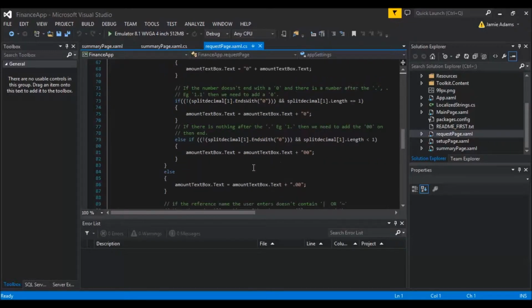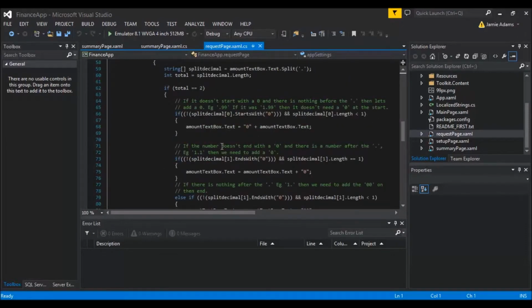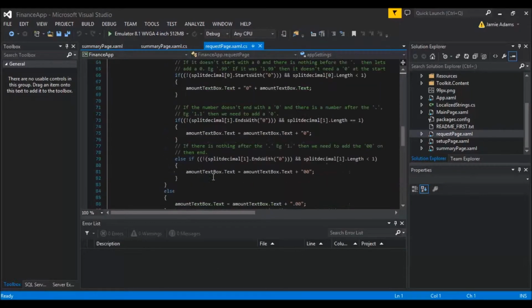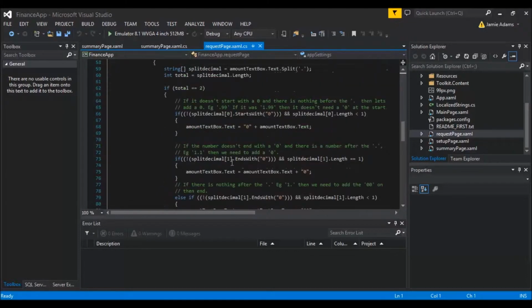So the bit of code that I did have in here originally is gone, because basically it sucked. It turned out it sucked because there were too many conditions. By the time I did all of them, it would have been like 50,000 lines. Well, that might be an exaggeration, but there would be quite a lot of lines. So I've changed it to something else, where basically the first thing we do here is if it doesn't